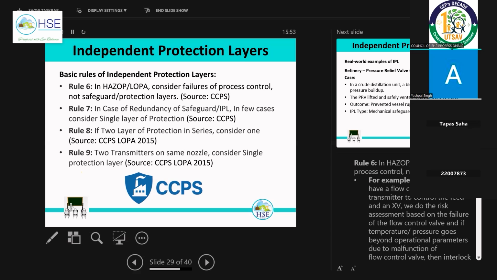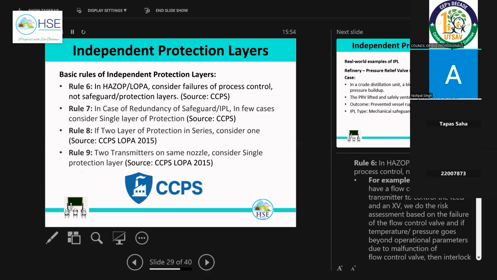Suppose our basic case study. We go back to the case study where we have the reaction. We are adding three raw materials A, B, C, and we have a temperature control system. Suppose it's an exothermic reaction, so we are not heating during the reaction, but we are adding three raw materials. Suppose raw material A we are adding through a control valve, maintaining a particular flow rate of 1000 kilograms per hour. Our flow of A is 1000 kilograms per hour.